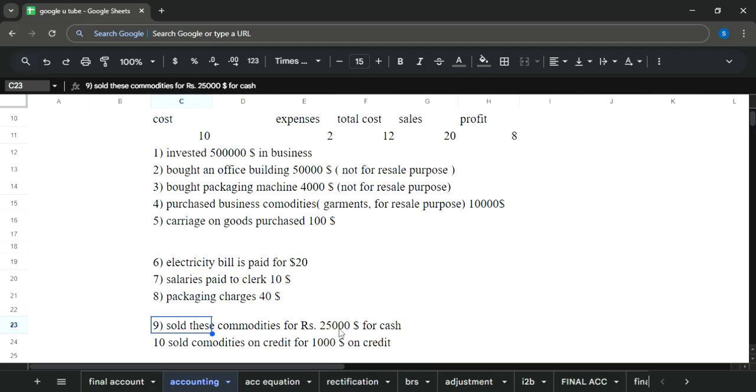Initially we said all of the commodities were sold for 25,000, but it may be possible some of the commodities were sold on credit. That is why I have added an additional entry, an additional transaction, so that those people who sell their commodities on credit, or are not receiving cash on the spot, can have the help as well. So here we are at the position